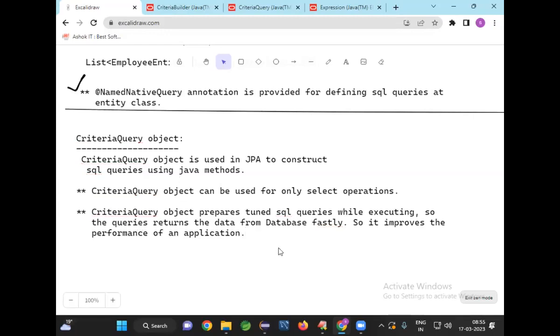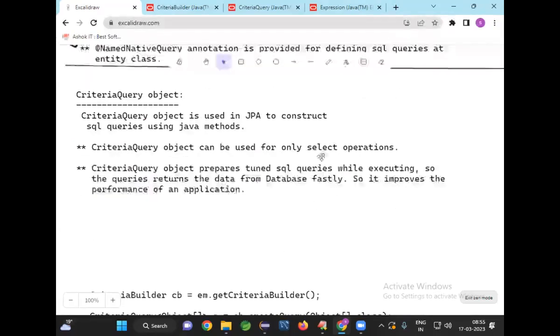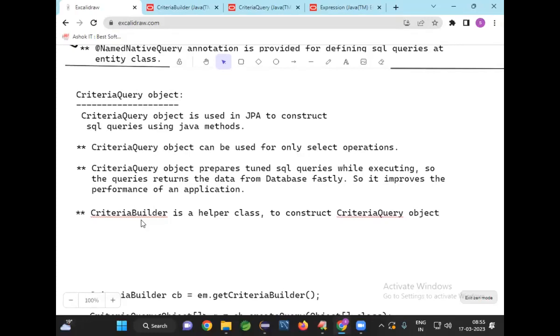Got my point, guys? That's what criteria. But criteria can be only used for select operations. If I want to create a criteria query object, first what builder is required? Criteria builder. So criteria builder is a helper class to construct criteria query object, and also helps